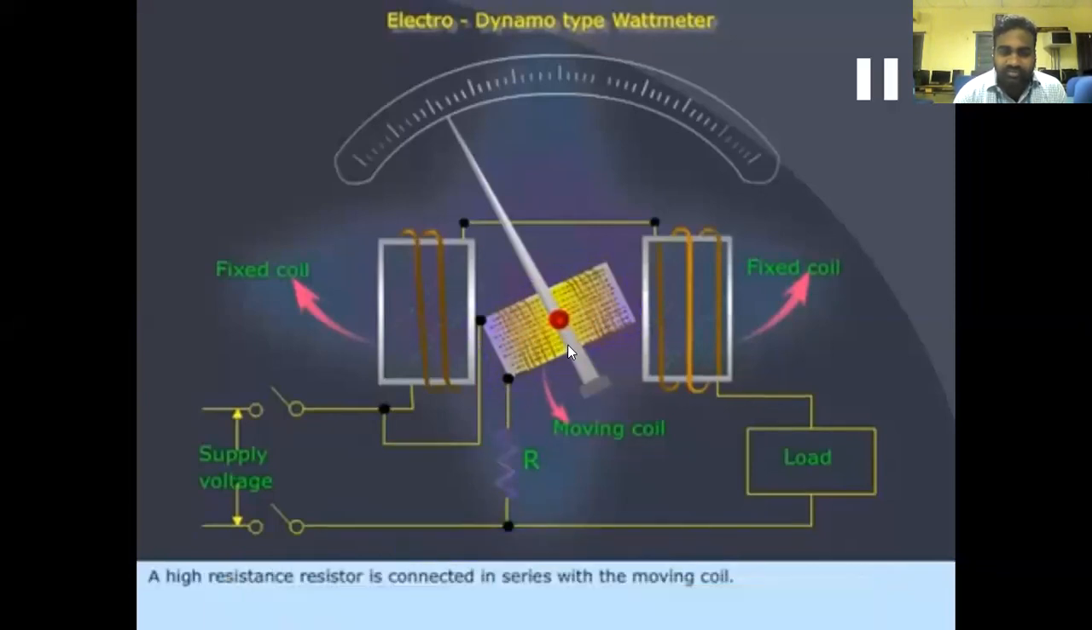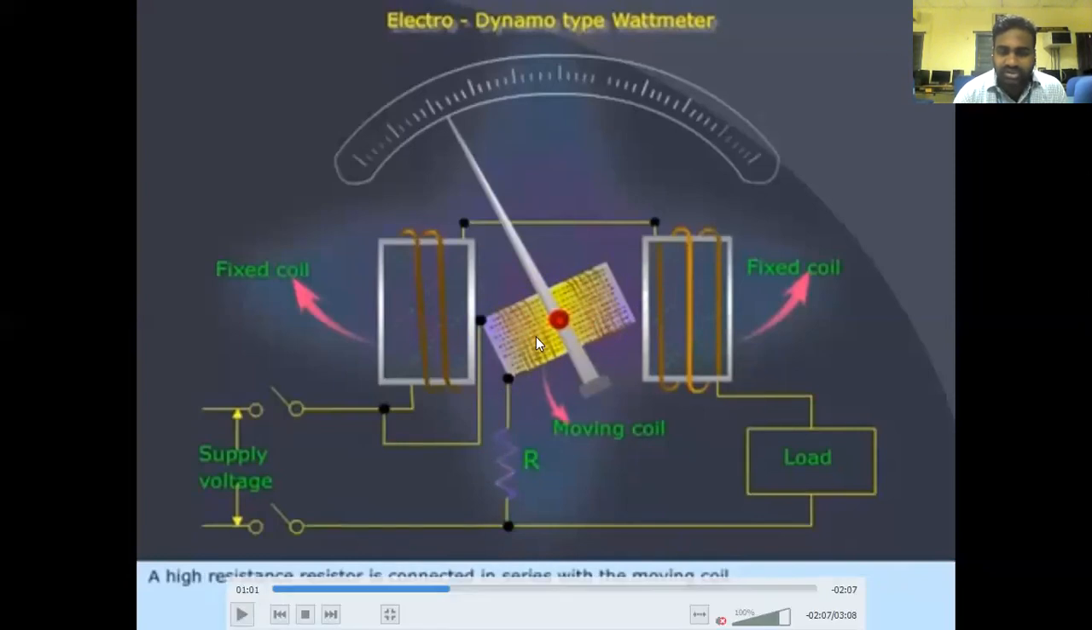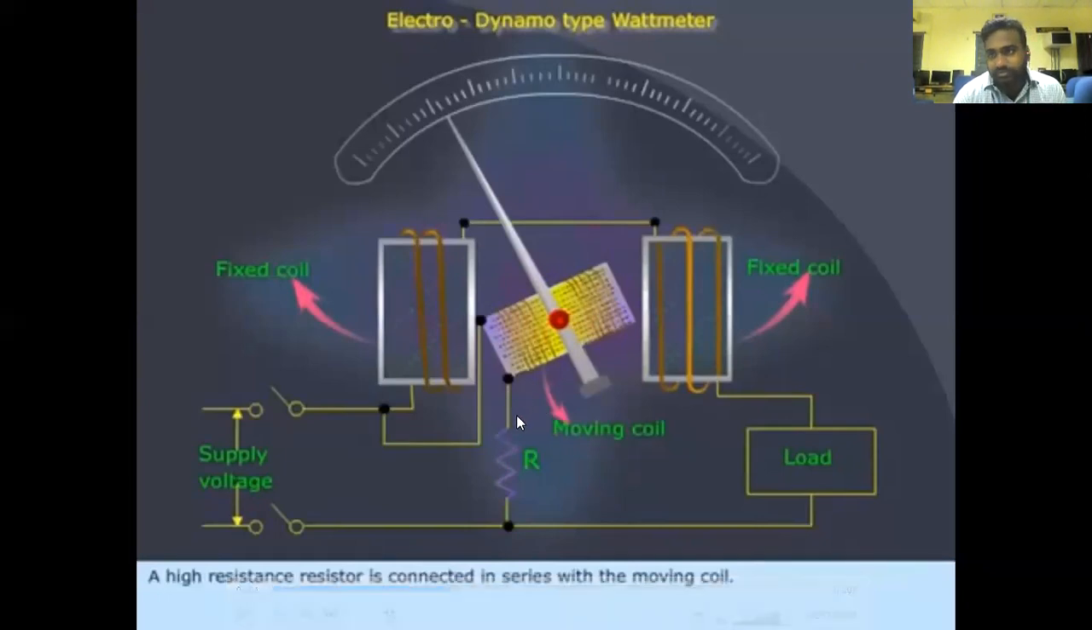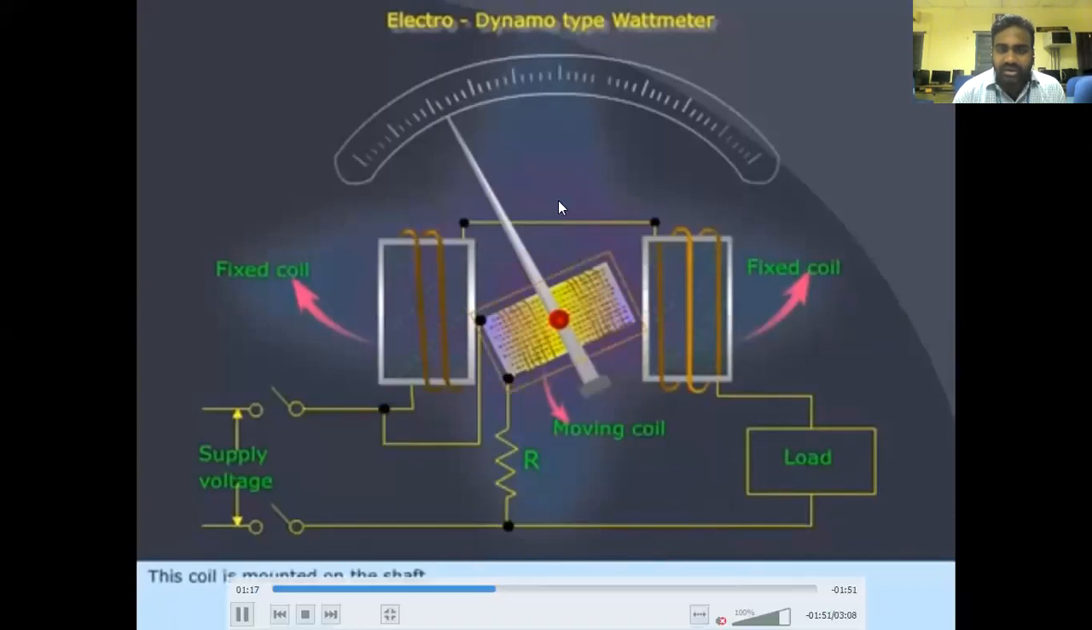And this is nothing but a resistance. The main purpose of this high resistance connected in series with the moving coil is to limit the current flowing in the moving coil. That is why it is a high resistive material. A high resistance material is connected, and a spindle is connected next to